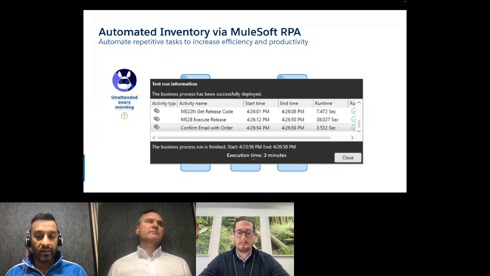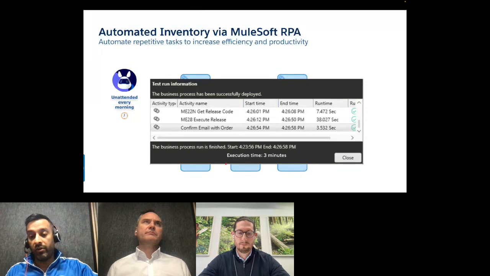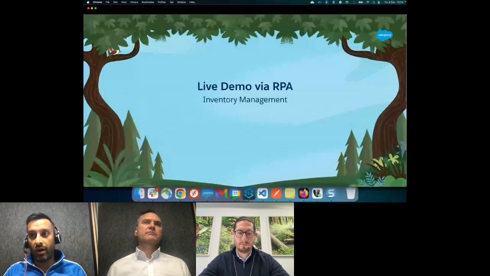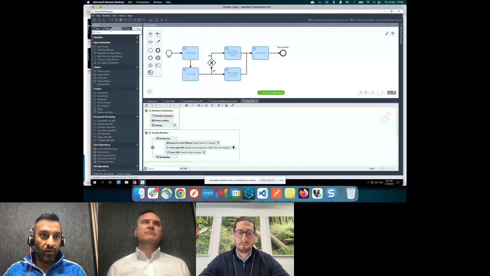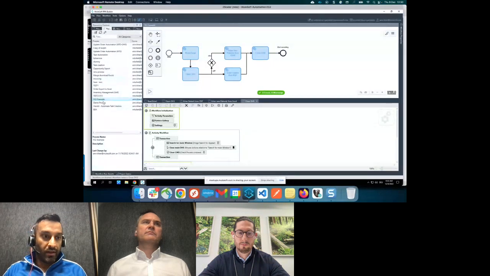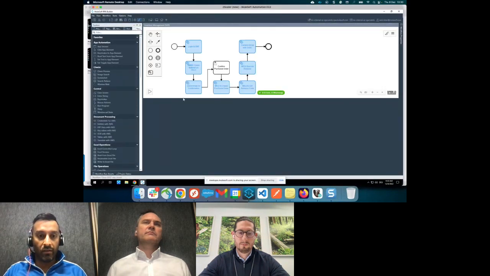I think here Martin had invested around 20 minutes because you had to fill out different fields and check different conditions and so on. So this is where RPA has reduced a lot of time. And let's see it in a live demo. Again, I will go now into my environment and change to the inventory process, which will be presented very soon. So here you can see it's loaded, and